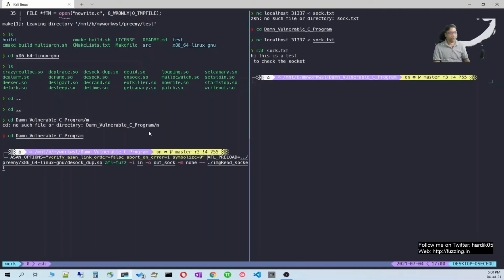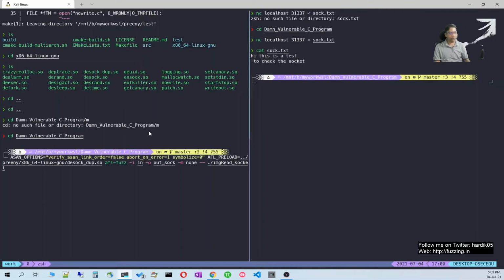I'm using Preeny x86_64-linux-gnu desock_dup.so. Just remember the name: there are two files, desock.so and desock_dup.so. In this case we need to use desock_dup.so, because the other file, desock.so, was not working in my case.